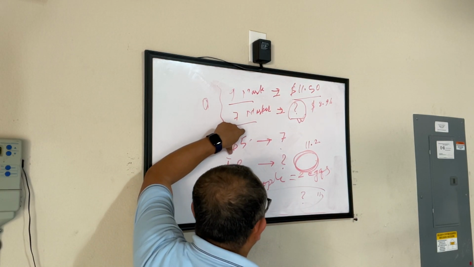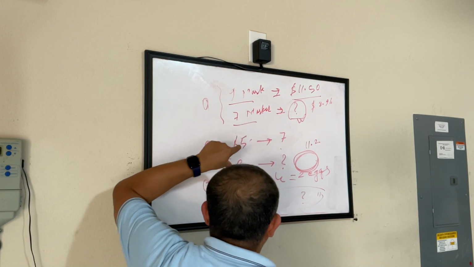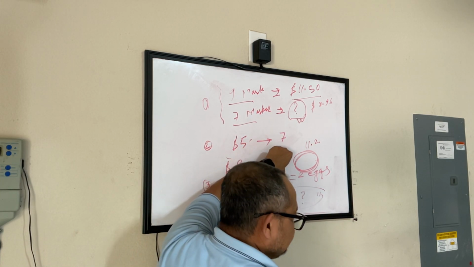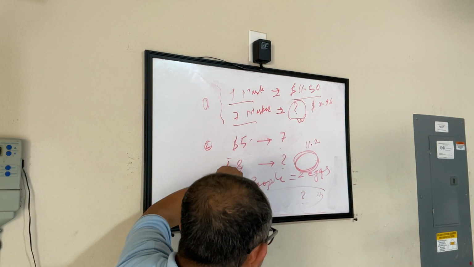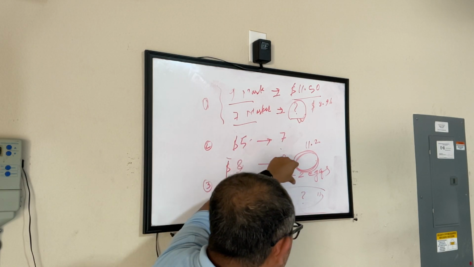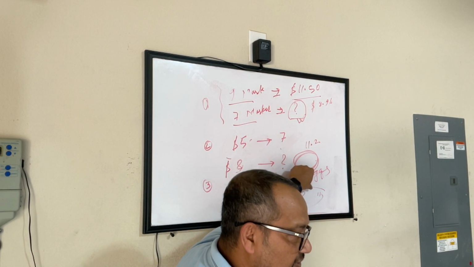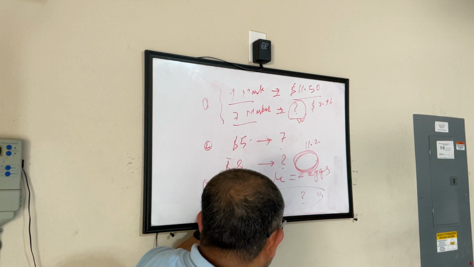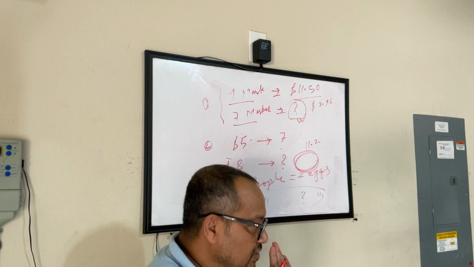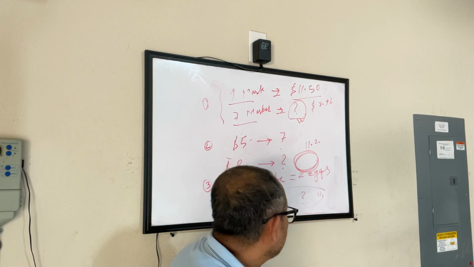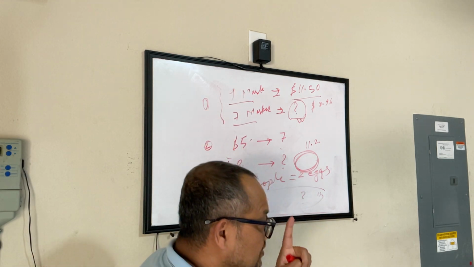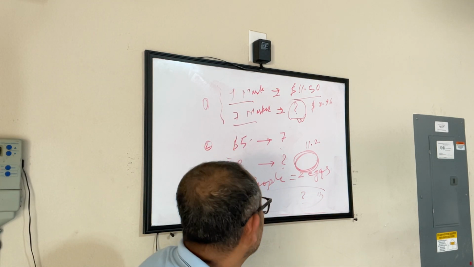$5, with $5 you can buy 7 apples. With $8 you can buy how many apples? With 5 people, for 5 people you need 2 eggs for making the cake. For 15 people, how many eggs do you need? My story is in a sequence. Now, in all this situation, I have to just add one more line to my story.